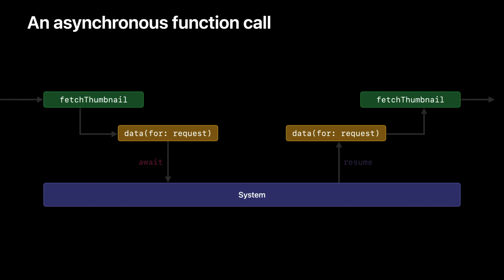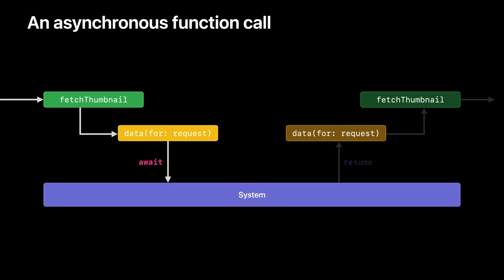If it's an async function you're calling, things are different. Like a normal function, when it's done, it will finish and return control to your function. But unlike a normal function, it can give up control of the thread in an entirely different way, by suspending. Just like a normal function, when you call an async function, you give control of the thread to it. Once it's running, an async function can suspend. When it does, it gives up control of the thread. But rather than giving control back to your function, it instead gives control of the thread to the system. When that happens, your function is suspended too.